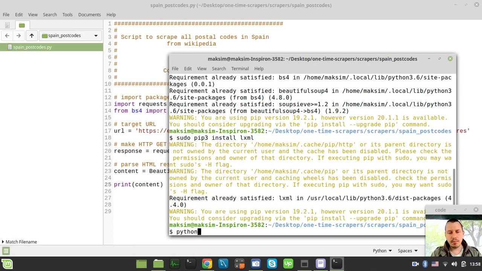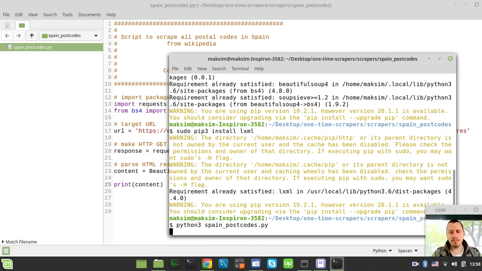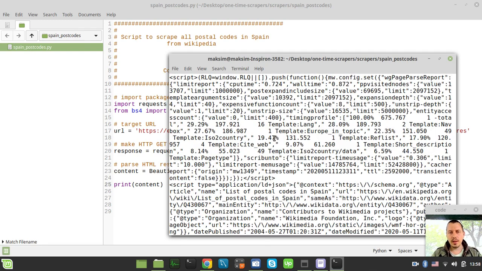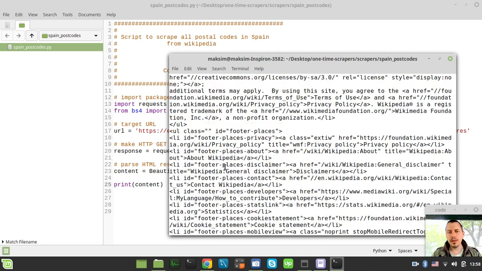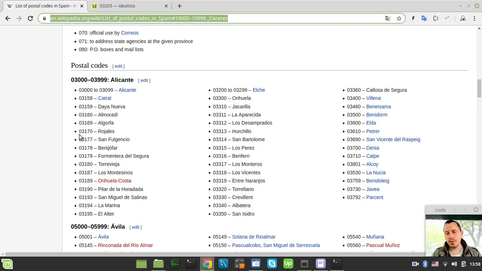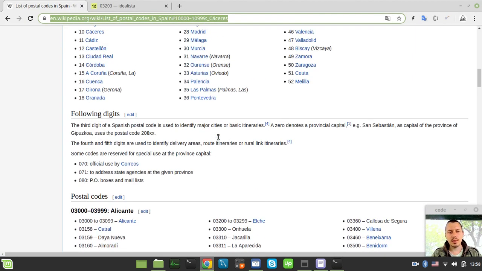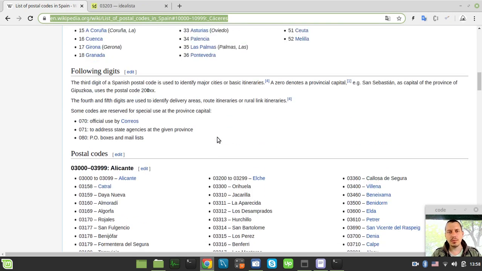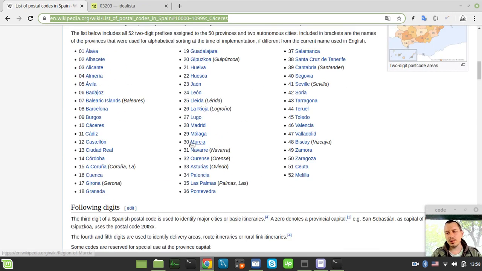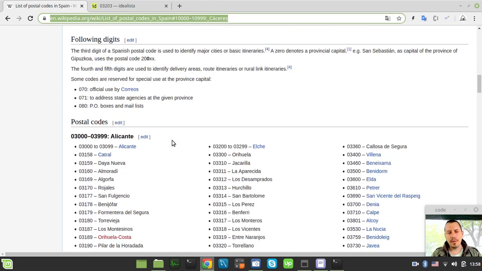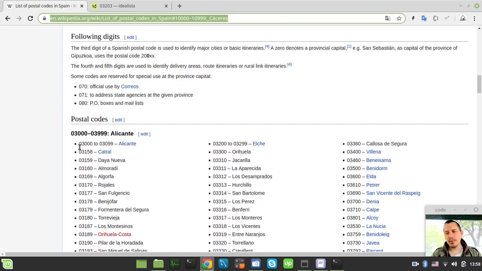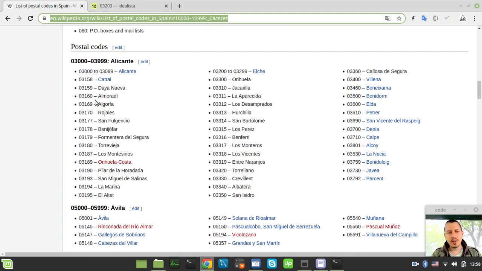So I just need to say python3 spain_postcodes.py in order to run this file, and I got this HTML response from Wikipedia. Even without looking at the source code of this kind of page, because I've done this numerous times before, it's quite trivial. So we'll just go for extracting all the available list item elements,